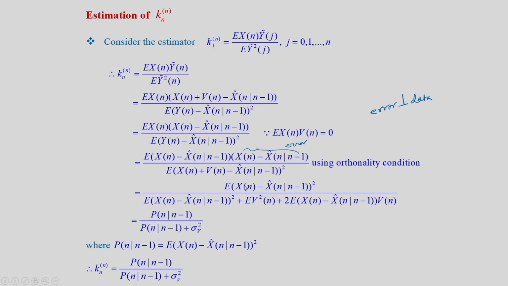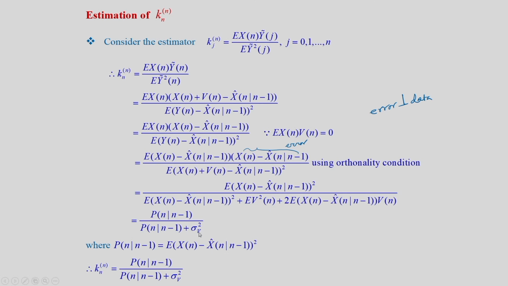And this term, now we will denote this term by p of n given n minus 1. This is the mean square prediction error. You see, this is x n and this part is the prediction based on data up to n minus 1. That way it is mean square prediction error. Denominator also, this is mean square prediction error, same mean square prediction error plus E of v square n is